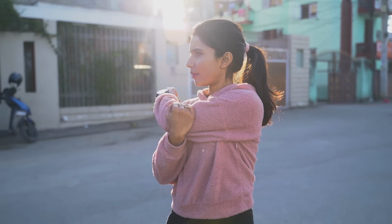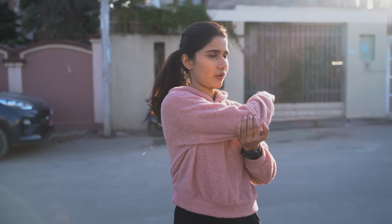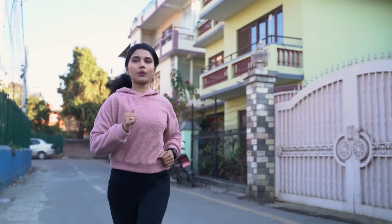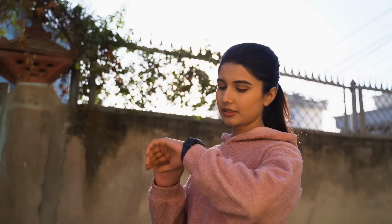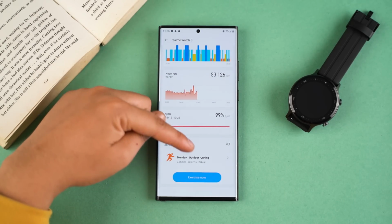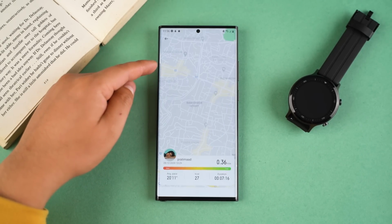I am not that big of a fitness freak, so I only have tested a few of the exercises like walking, running, skipping, which I do on a daily basis, but other than that, you can track quite a lot of things, including basketball, football, aerobics, meditation, breathing, etc. And by the way, just like it was with the Realme Watch, all your exercise stats can be viewed on